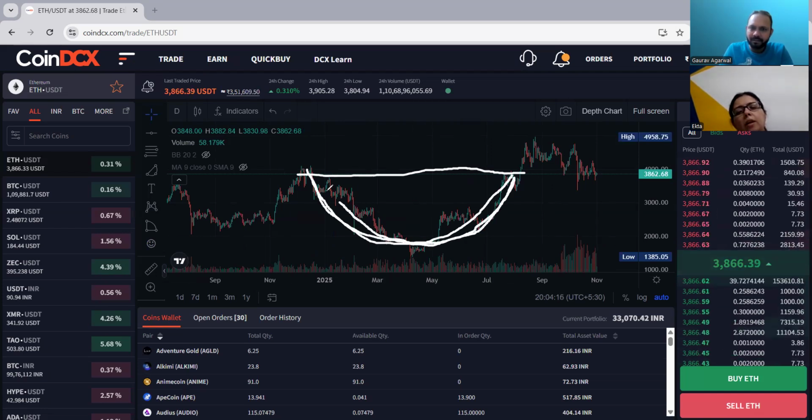How would you analyze what comes after that? I can see it by seeing only. I can tell this is a rounding bottom pattern. Now, if you see it is going up, what pattern would you say comes after the rounding bottom? After the rounding bottom pattern, there was a breakout. You can see a big green candle here. So there was a breakout, and now it is doing a breakout retest.